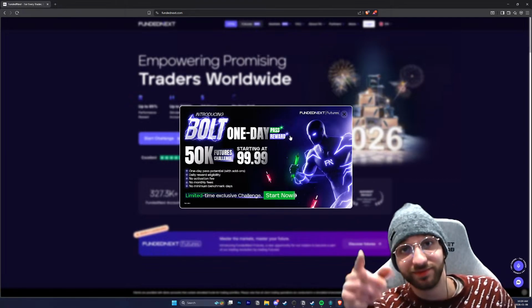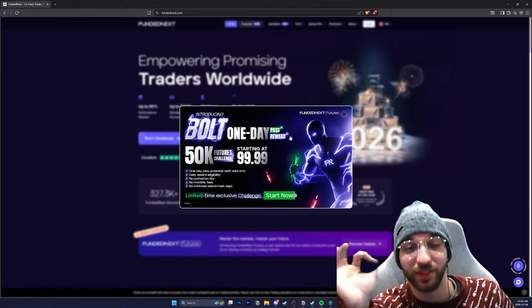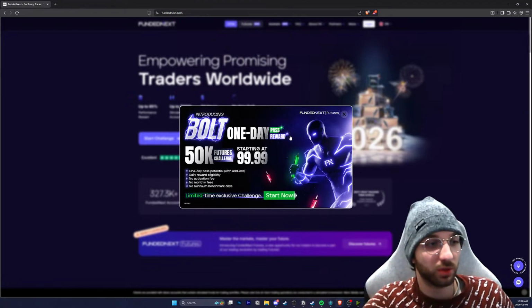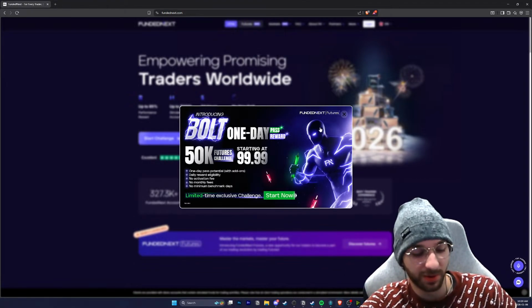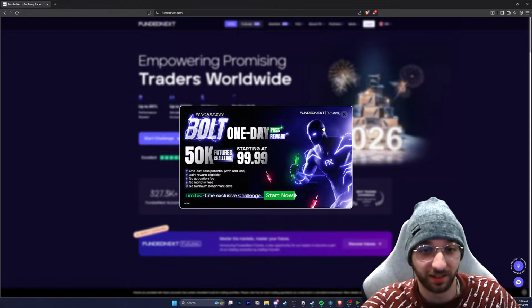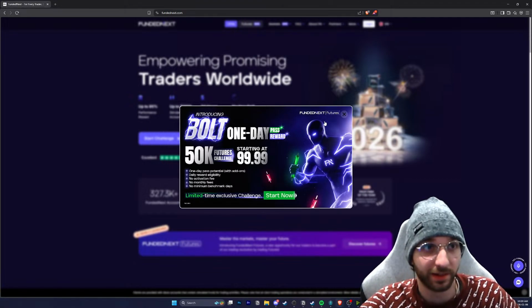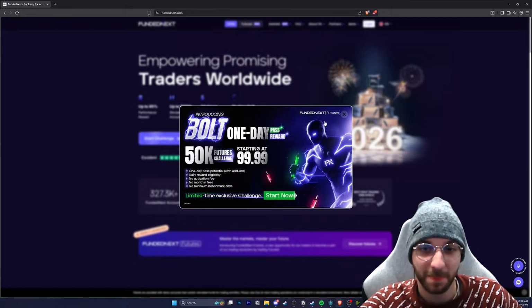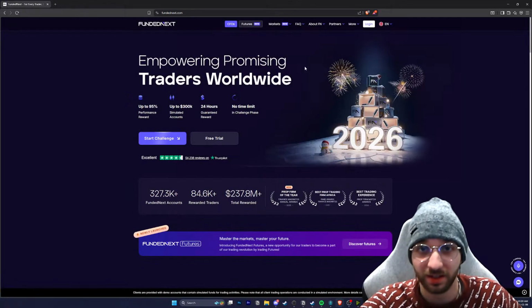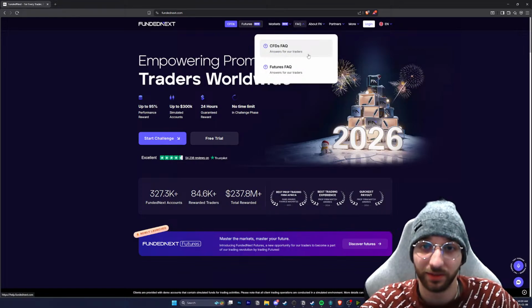And then you know what? They don't move you to live after 4 payouts. They close your account. They just terminate. So that's the first time I've seen that. You get a max amount of payouts, but not to be moved to live, to just be terminated, which is kind of absurd. But I guess that's just how it goes. I don't know. Maybe I misunderstood the rules, but if I go on futures,